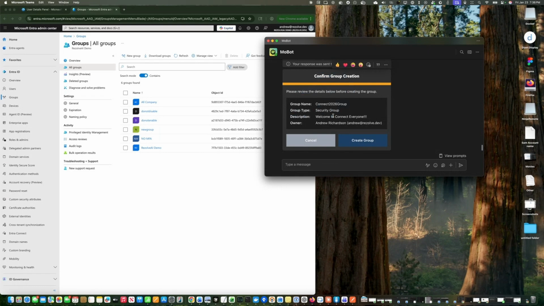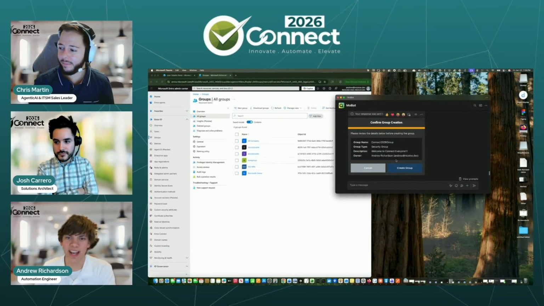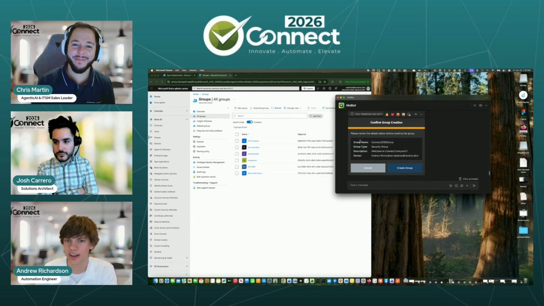Now we can see that, when I prompted the AI, all I said was to create a group. I didn't ask for all this extra, but the AI was able to understand, based on the questions that it asked and based on how flows are created from our flow rules, that this is the best practice for creating flows and that you're going to want a confirmation before actually creating something. So I'm going to create this group.